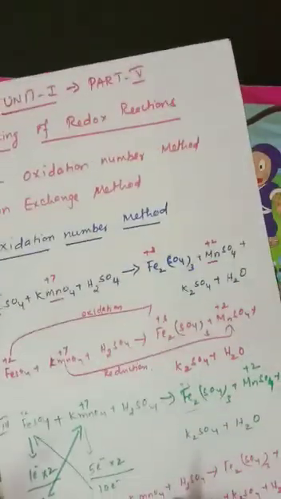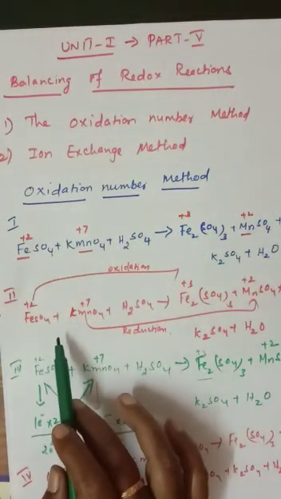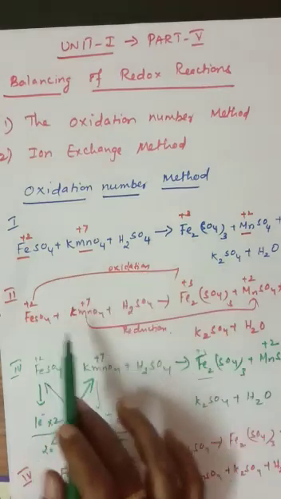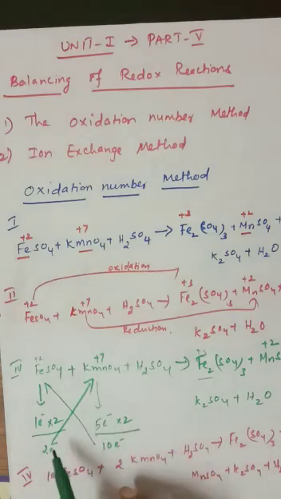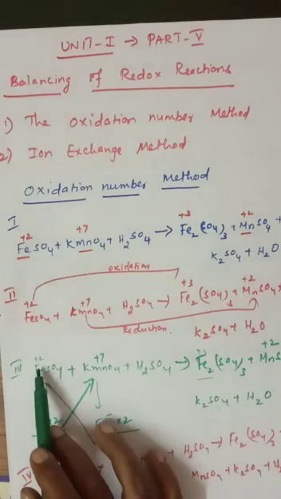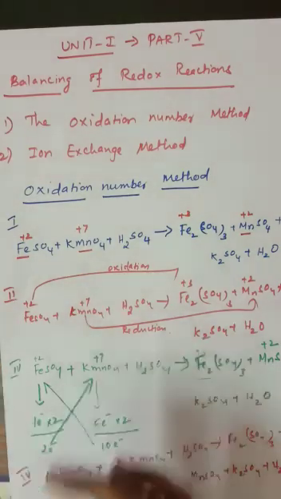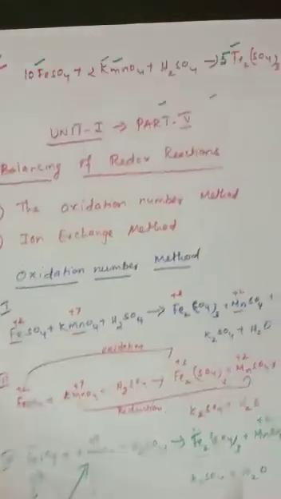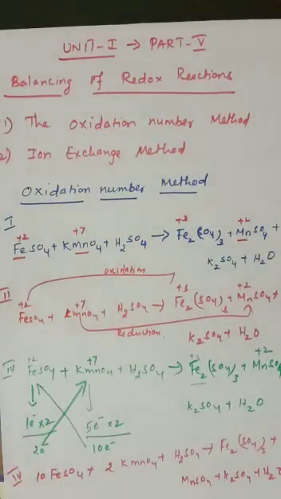The first step you are going to write is the skeletal equation, and next you are going to see the reduction as the oxidation number changes, and next the electron exchange, here +2 and +3. So if you do cross multiplication, then step by step you can balance this equation. Thank you students, we will see you next class.